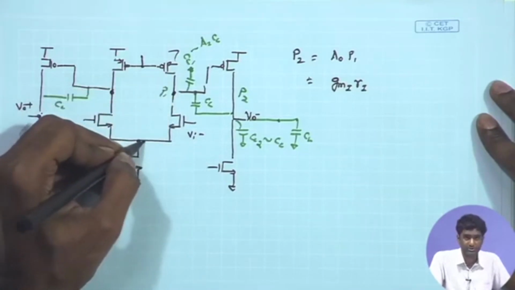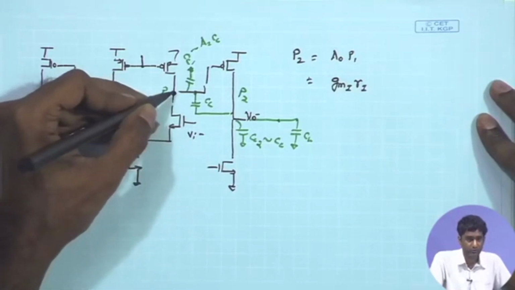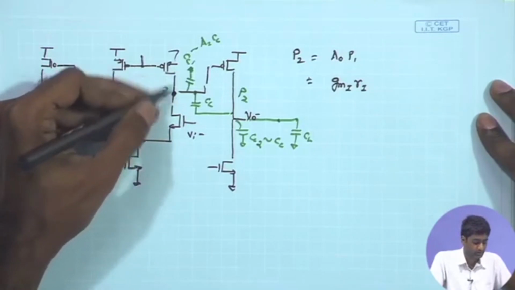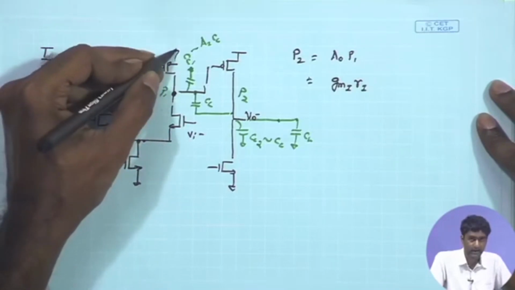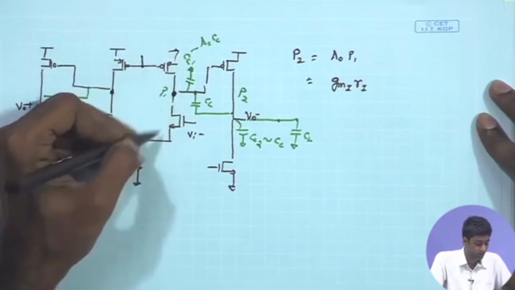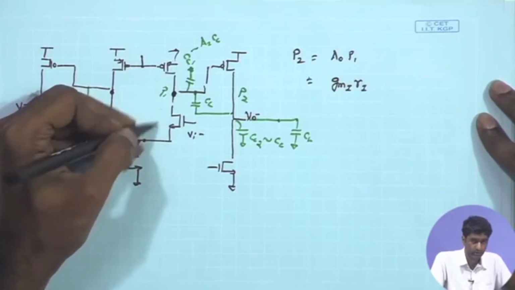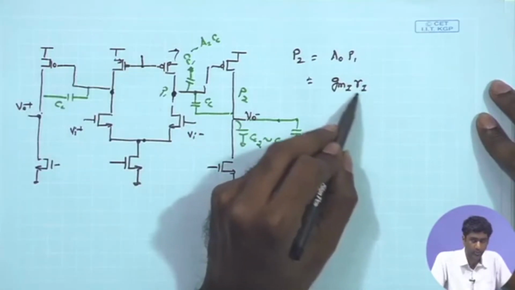Remember, for the differential operation this is at AC ground. So, in order to find out P1, I need to find out the R equivalent and C equivalent at this particular node. The R equivalent is basically RO of the PMOS coming between this node and AC ground, and likewise RO of NMOS coming between the output node and another AC ground. So, therefore, it will be RON parallel ROP,